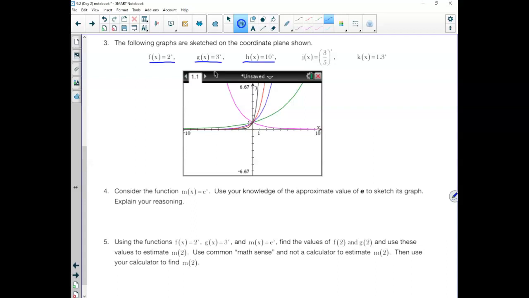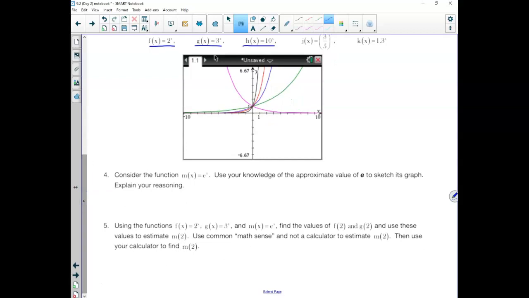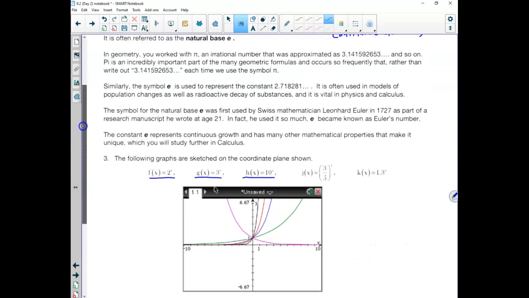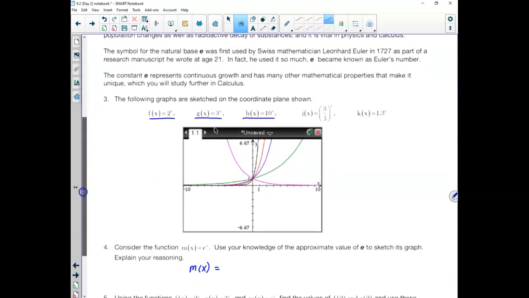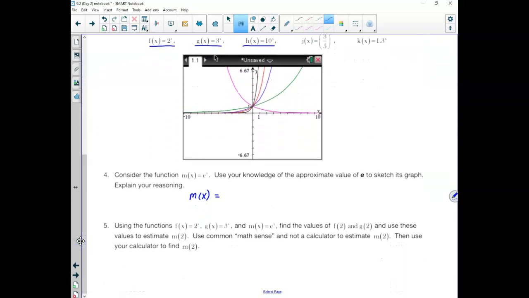Consider the function m of x equals e to the x. Use your knowledge to approximate the value of e and sketch its graph. Explain your reasoning. Well, what I would certainly think here is, m of x, well, we just very newly learned what that letter e stands for. So if I put this in respects to what they just gave me, this is really kind of like